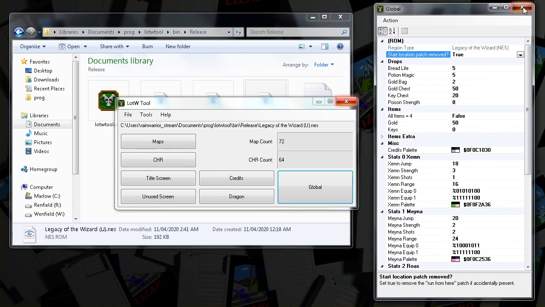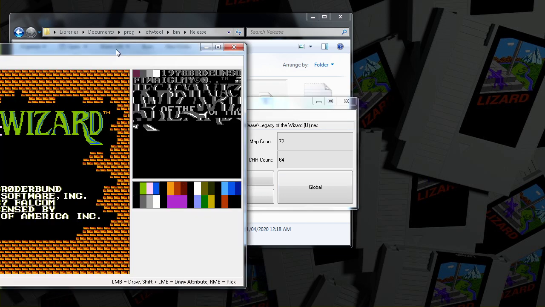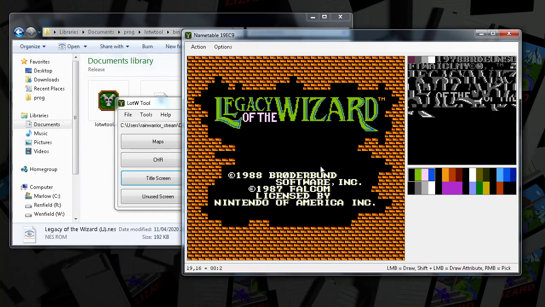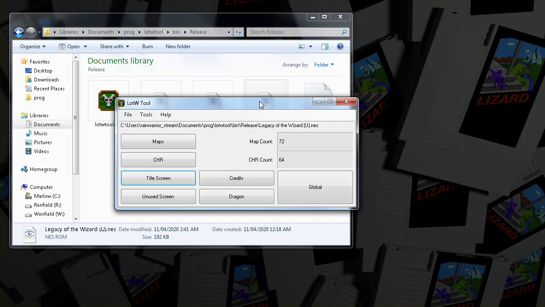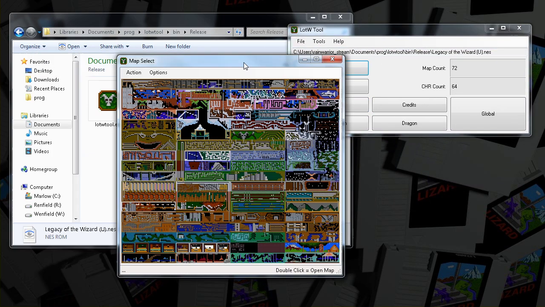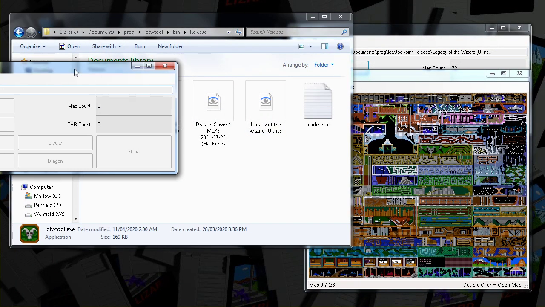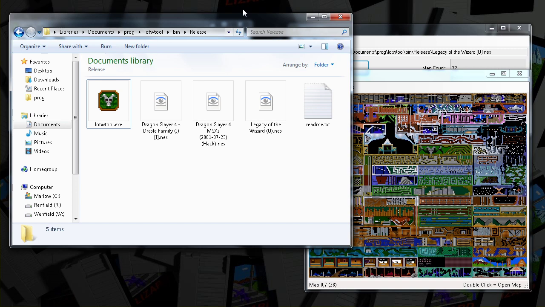So that's basically the whole editor. The title screen editor I thought was important, just because if you make changes to this game, you should put your name on the title screen, maybe in the credits, just to let people know when they open the ROM that this is something different. This is something special that you made. So that's basically it. It also works on the Japanese version of the game,